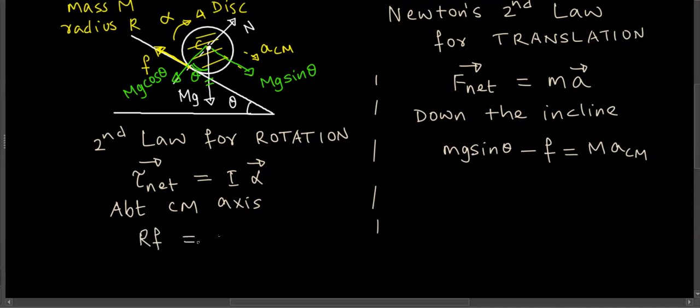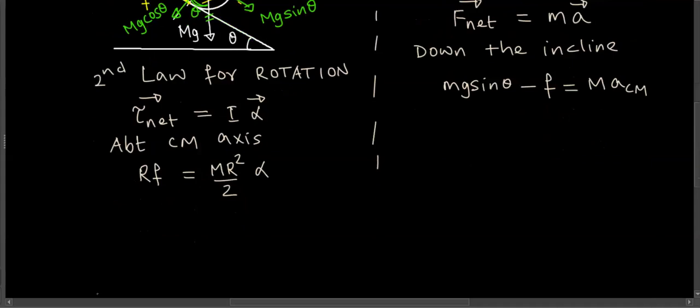That is I alpha. Now, what is I for disk? You remember? I for disk? MR square by 2. Very good. MR square by 2. And then alpha. You're okay? Now, if you look at these two equations,